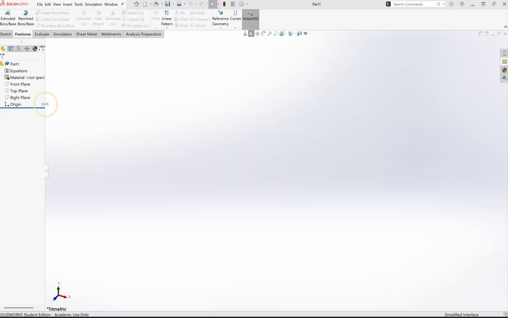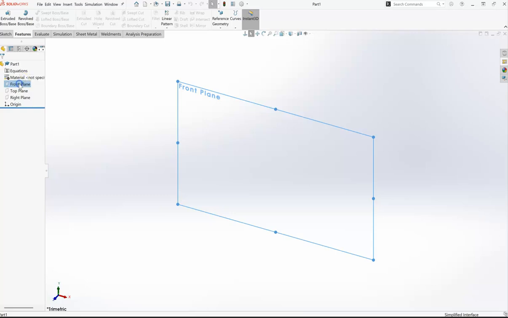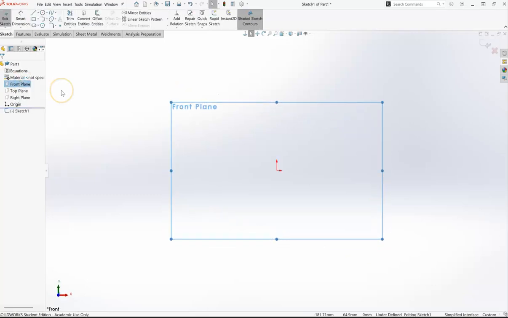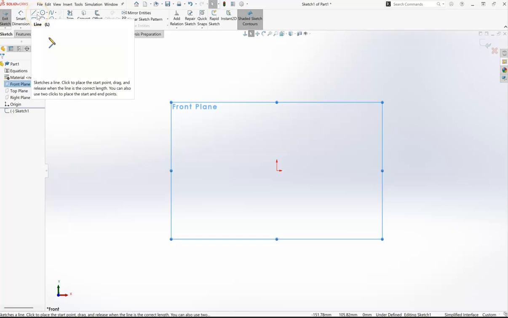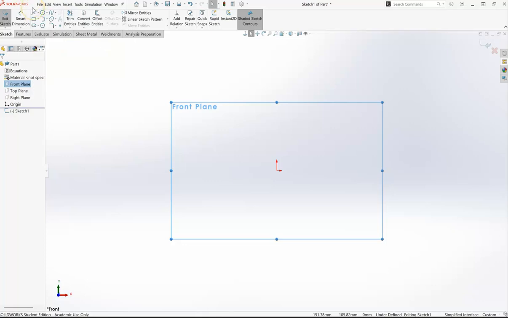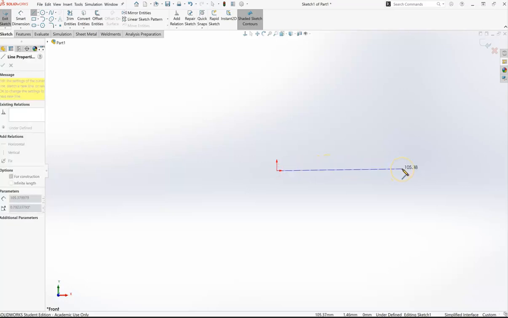So to start a Revolve, I am going to start a sketch on the front plane. And with a Revolve, we always need something that we can revolve the sketch around or about. And so I'm going to start with a center line, and I'm going to start at the origin here. It doesn't matter how long, this is our reference point that the sketch is going to